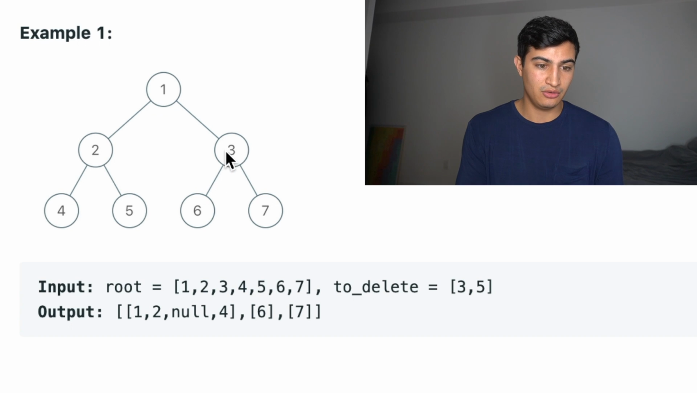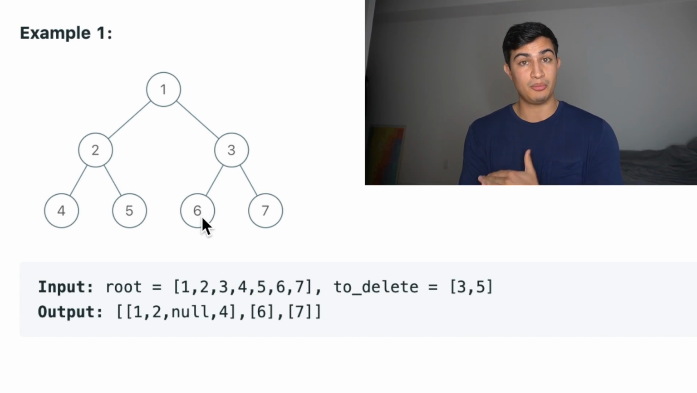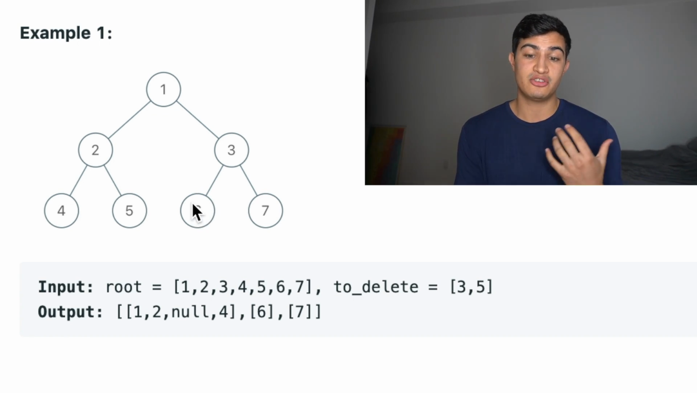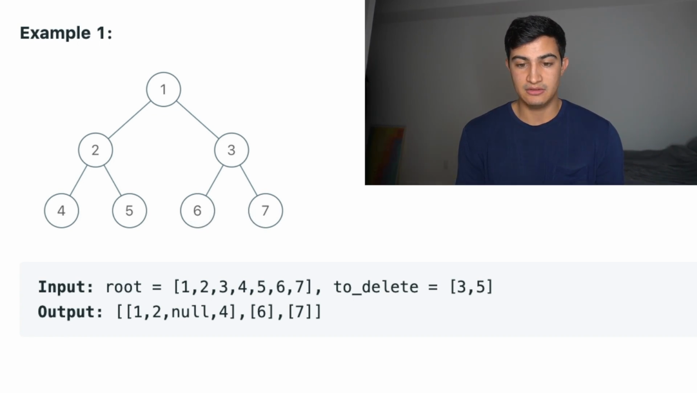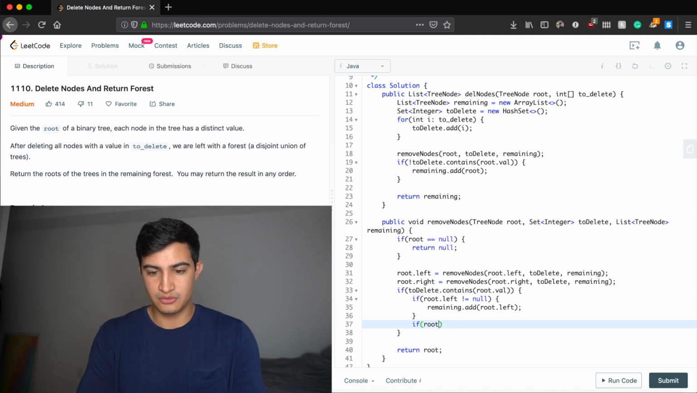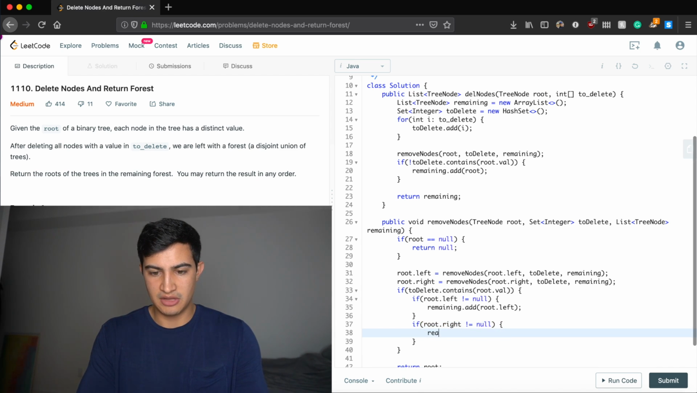If we're at this 3 now, we've definitely passed this 6 because we're going bottom up in our tree. So if we haven't made this thing null, that means that it's not something that we should have removed, so we need to make sure we keep it, which is why we're adding it to remaining. And now we need to do the exact same thing, but for the right child. So if root.right is not equal to null, we're going to say remaining.add